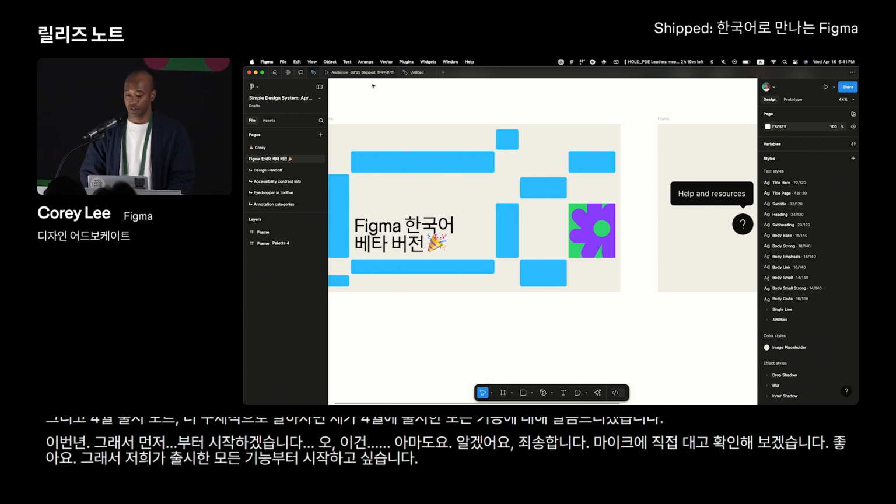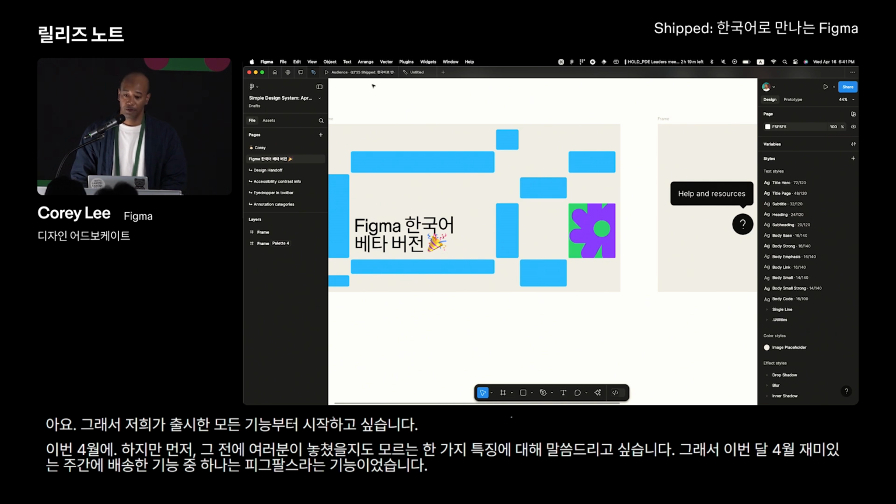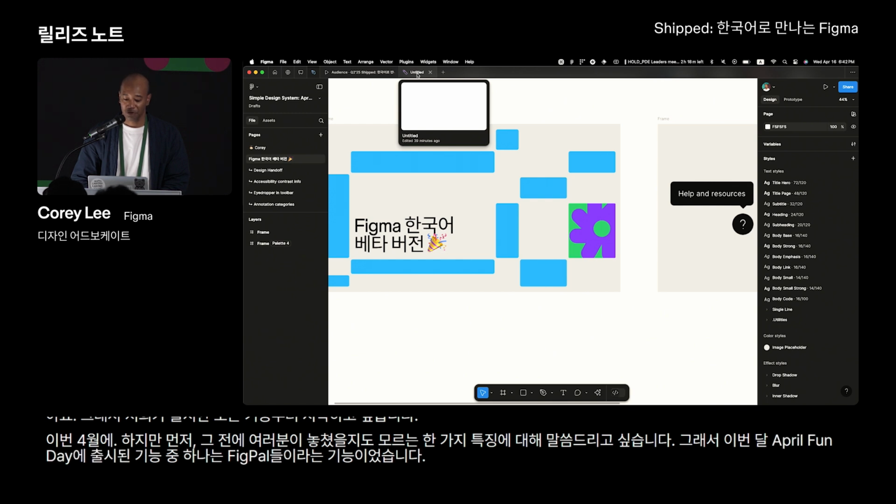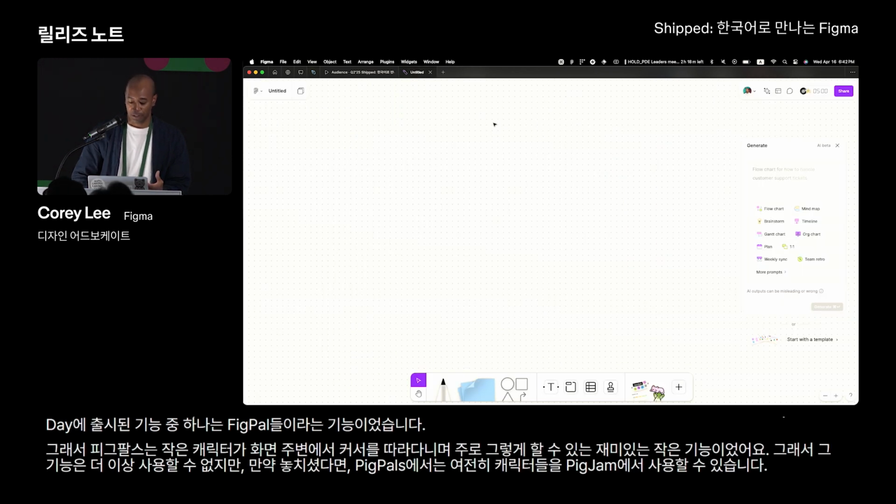So one of the features we shipped this month during April Fun Week was this feature called Fig Pals. So Fig Pals was a fun little feature where you could have a little character follow your cursor around the screen and do mainly just that. So that feature is no longer available, but in case you missed it, Fig Pals, the characters are still available